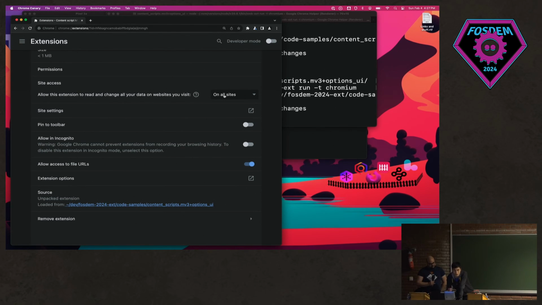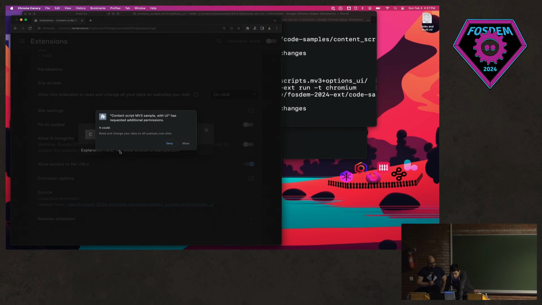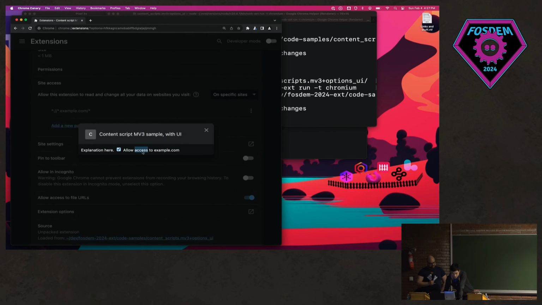So this is the built-in UI from Chrome to control access. There are several ways, including on-click. So now I try again, and I see the checkbox is unchecked. I can check it, a permission request appears, and I approve it. Okay, now I'm locked in the jail. But the important thing there is, again,